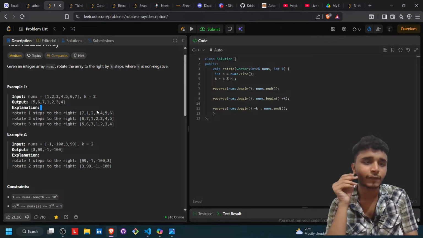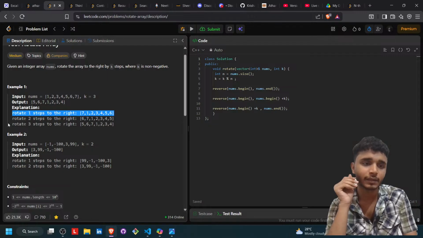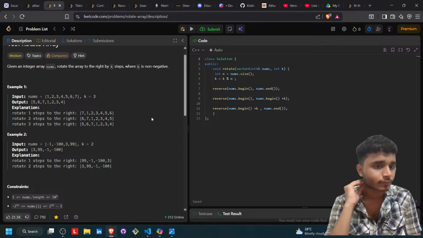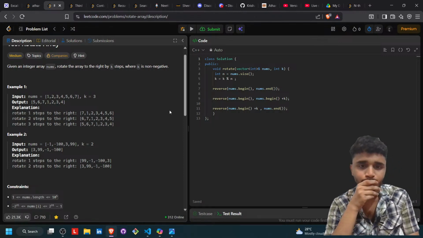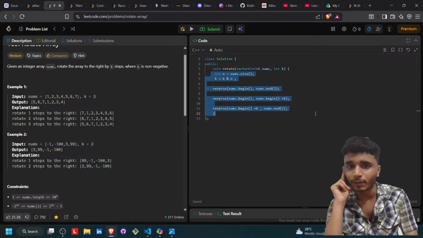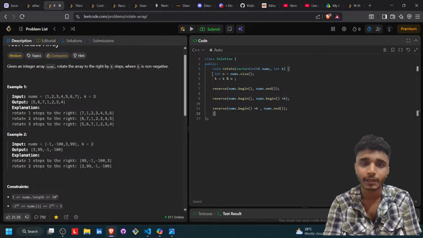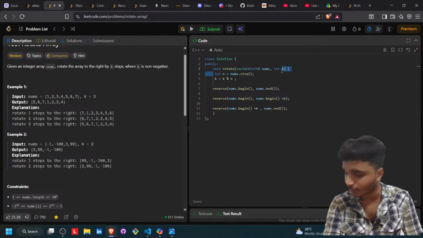First we rotated for one step, so 7 came here, then 6, then 5. Okay, then that's how it became 5, 6, 7. For that I have used this approach, the optimized approach. Okay, inside this I initialize it with